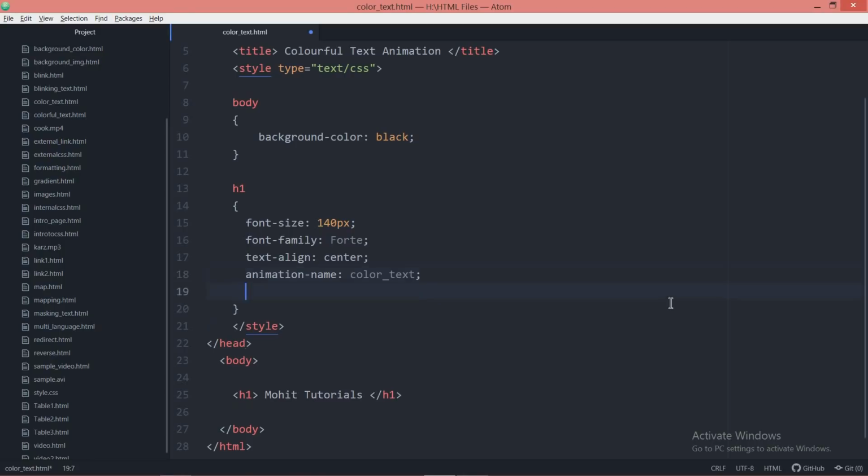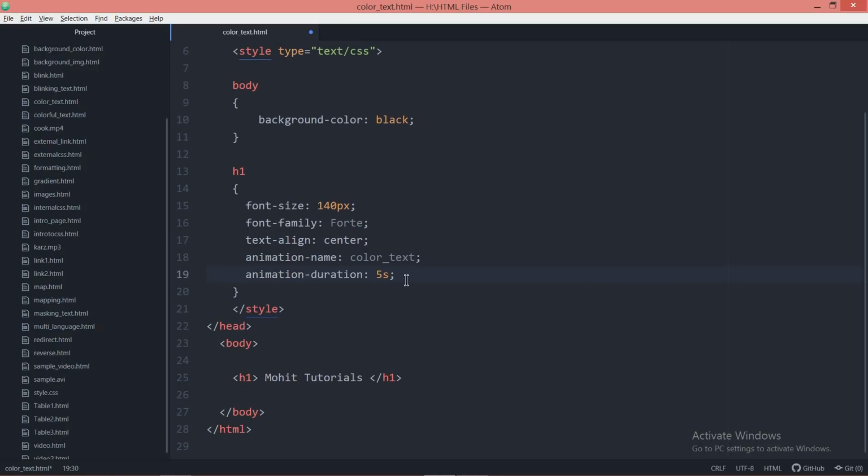After this, I want to mention its duration, that is, what duration your animation has, maybe 1 second, maybe 5 seconds, maybe 10 seconds. This is as per your own requirement. Let it be 5s this first time. It means your animation will run up to 5 seconds. This is the duration of the animation, 5s. You can give 10s, 15s as per the requirement.